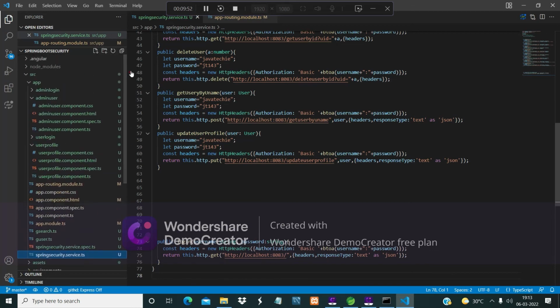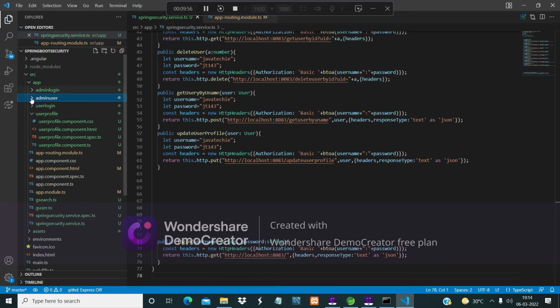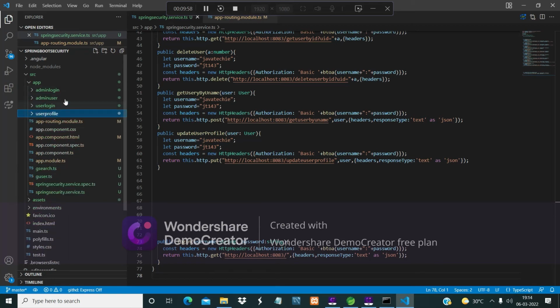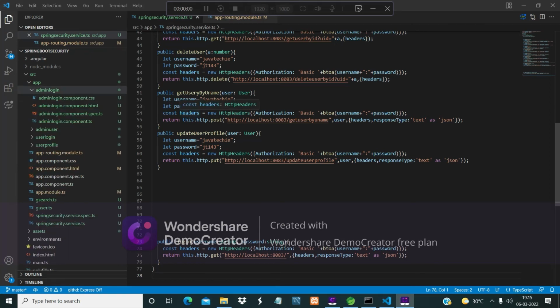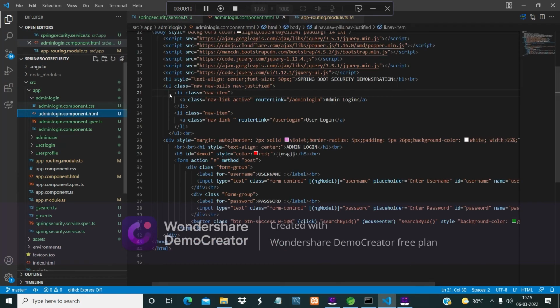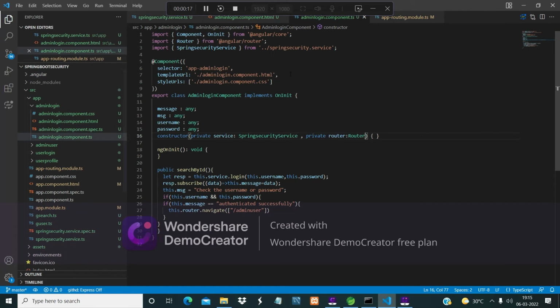I have already done the code, so I have got it from the GitHub. I have already done the project using the user, and I have reused the code in the services. Same way, I have added the code in the admin login component.html, then admin login component.ts.